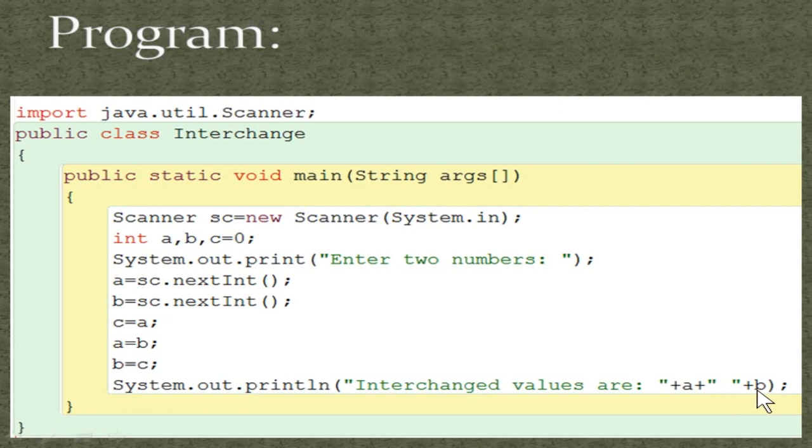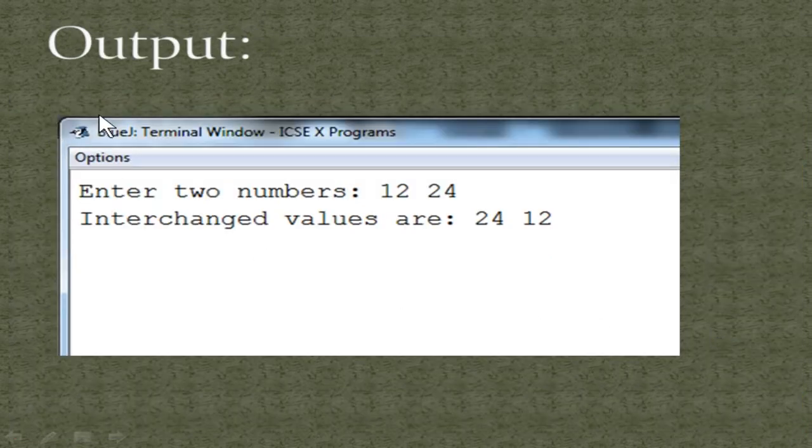If you have two variables, and in between you have a message or a space, then you have to separate it with a plus sign before and after that. So you can see plus a, then plus for the space, after the space you have a plus sign again, then the next variable. So the plus sign will be the separator. After that you get the output. So you can see the input is enter two numbers. You enter 12, then you have a space, that is the default delimiter, and then type the next number and press enter.